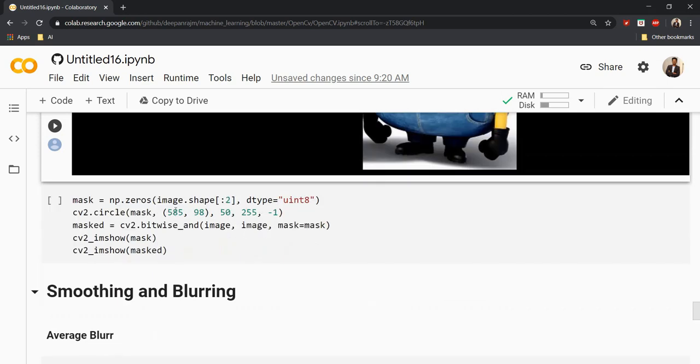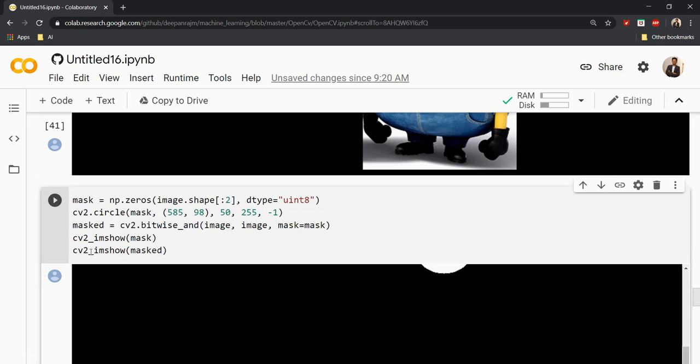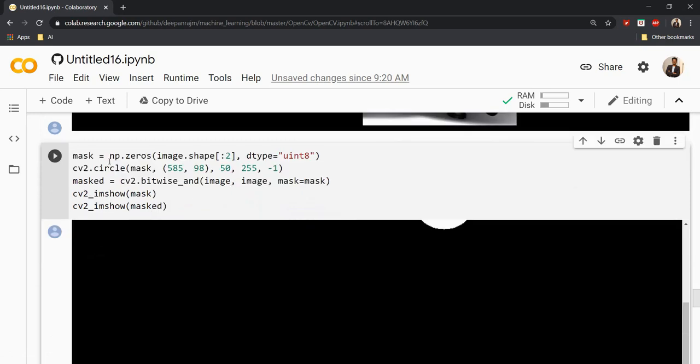And also we can use a circular mask to do the same. So I'm just creating another input image. Here you can see I just created a circle, and I'm just going to use the bitwise and for the same, and I can just show you the output. Here you can see cv2 underscore mask and the mask. So I'm just mentioning the mask image and the masked image.